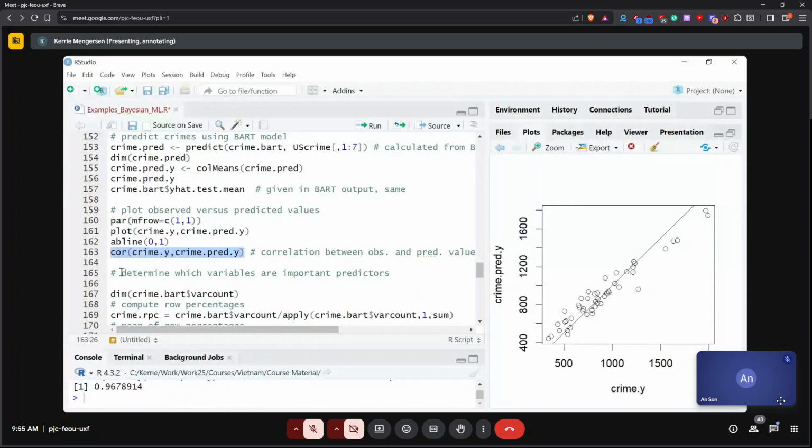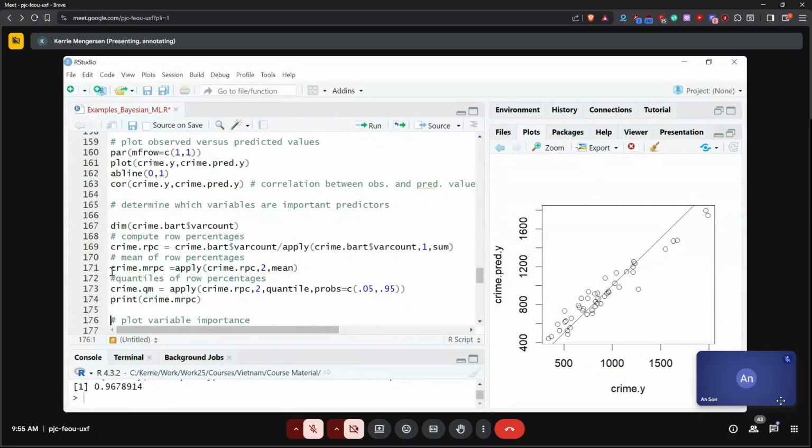Right, so now I can determine which variables are the important predictors. So I'm going to compute how many times those variables appeared in the trees. So let me do that first.